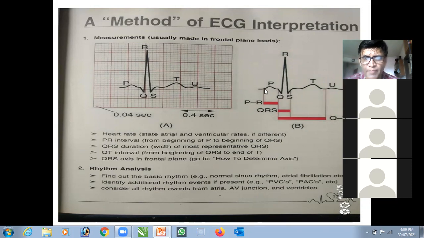The P wave is the beginning of P. The reason I'm showing you this now is that after this, I will only show ECGs, and then everyone will have to start reporting the ECGs. If you go wrong here, your ECG will go for a toss. So the P wave is here, from the beginning till this point. So you have to calculate.